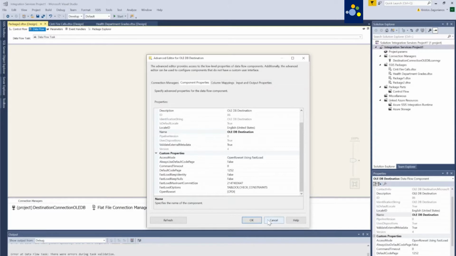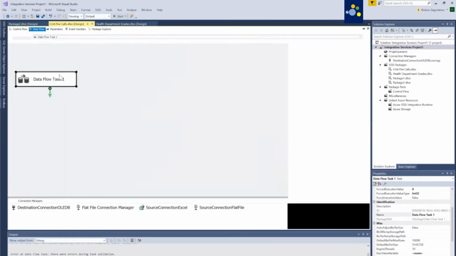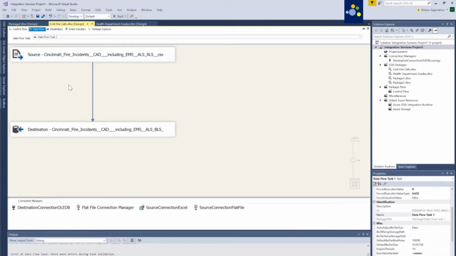And once the process is built, like over here, this Cincinnati Fire Calls DTSX, once it's built, you don't have to touch it anymore. You can drop the file. This points to an Excel file. You can just put your new Excel file in that same exact location. It's going to read the data and it's going to update the database or delete the database, however you want to do it. But once it's set up, it's set it and forget it. It's Ron Popeil, right? Set it and forget it.